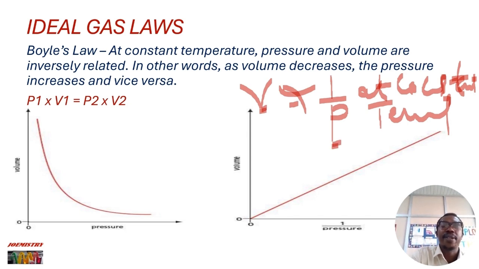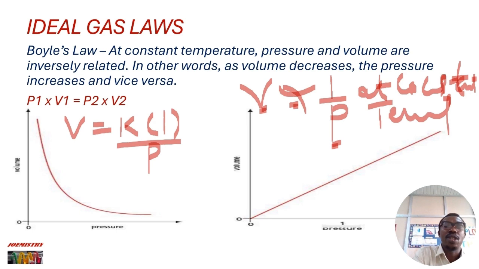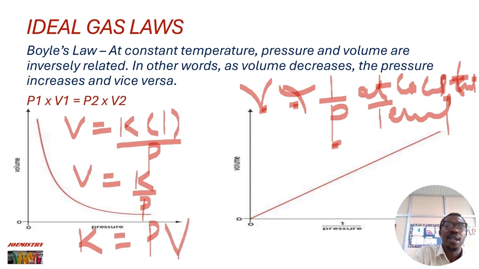So if we remove this variation sign, we'll have V is equal to K(1/P), where K is equal to a constant. If we make K the subject of the formula, that means V will be equal to K over P. Therefore, K will now be equal to PV. So if we consider the initial pressure and the final pressure and the initial volume and the final volume, we'll have K1, which is a constant, is equal to P1V1, and K2 will be